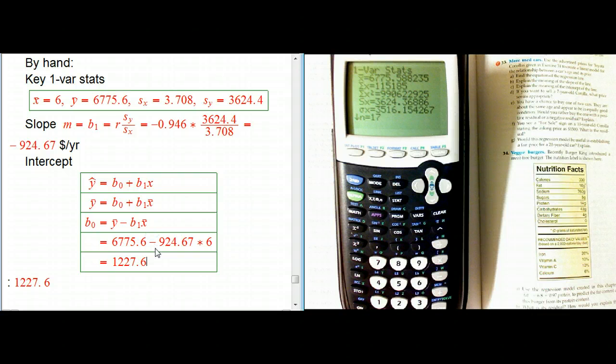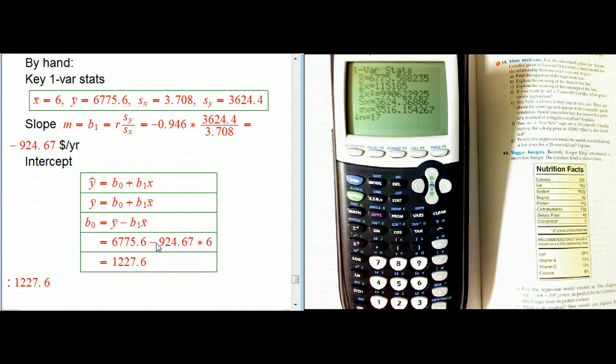Let's see. Oh, and so, okay, I made a nice error. I'm kind of glad I made this error. This doesn't make a whole lot of sense because B0, B naught, should be the predicted price for an age 0 car. That's a really cheap brand. That would be a brand new car. Now, it would be weird to extrapolate from used car data to a brand new car, but still, this is